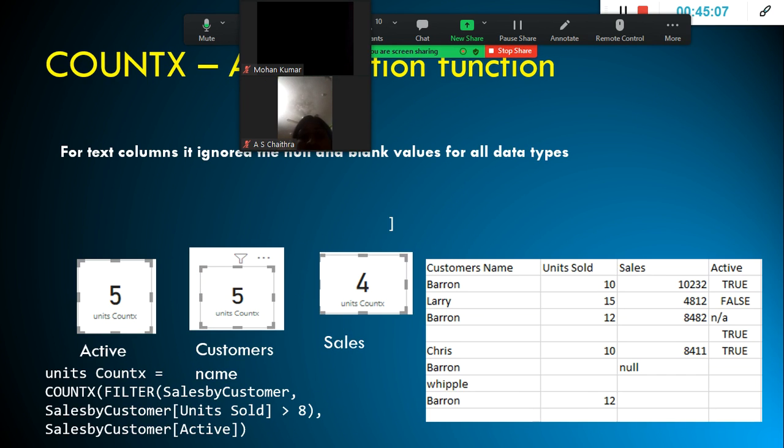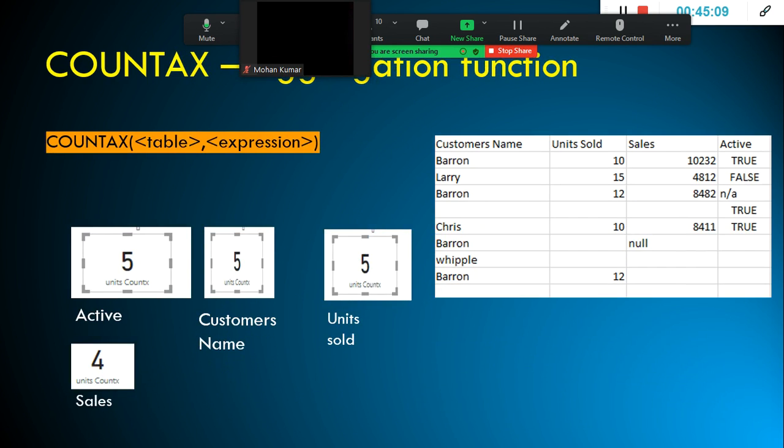So in this case it is 5, 5, 4. Here, units sold, I think I used the same expression, but in this case units sold is 5. And the customer's name is 5 only after excluding the blank value. But sales is 4.